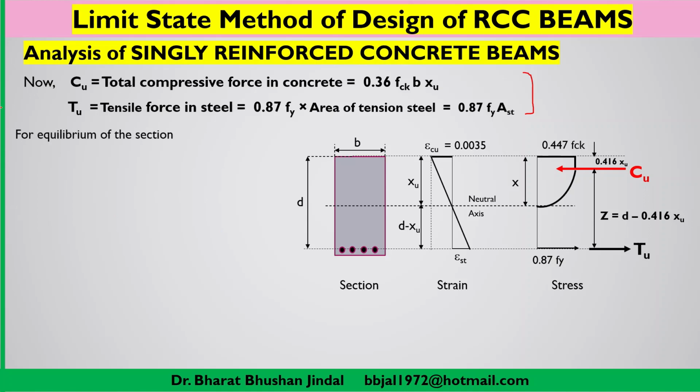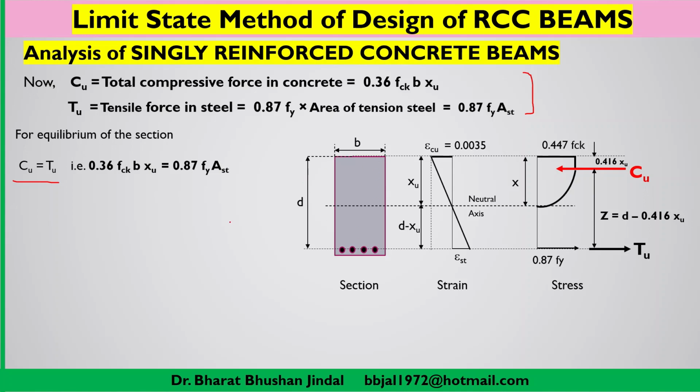Now for the equilibrium of section, we will be considering that summation of the forces in the direction of compressive force or tensile force will be equal to 0. Accordingly, we can say Cu will be equal to Tu. That means at the ultimate state, total compressive force in concrete will be equal to total tensile force in steel,